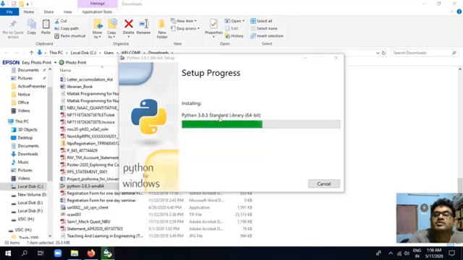Now I am seeing the standard library 64-bit. Almost half of it is completed. The test suite is there. Next, the documentation part is also coming. Utility scripts, TCL/TK support.